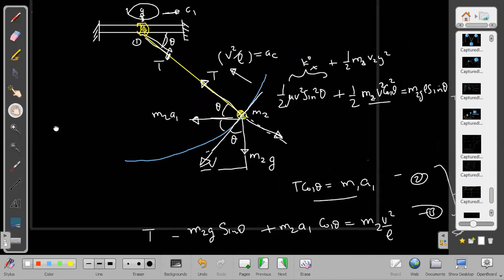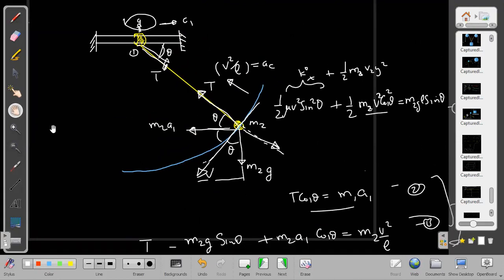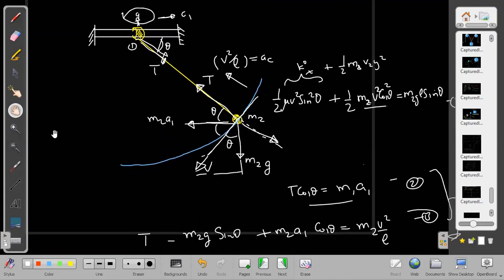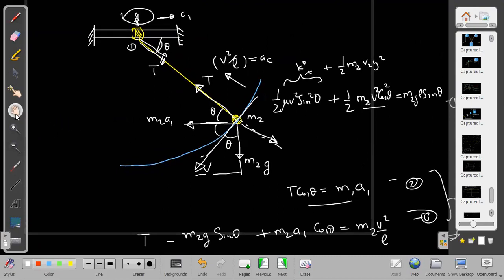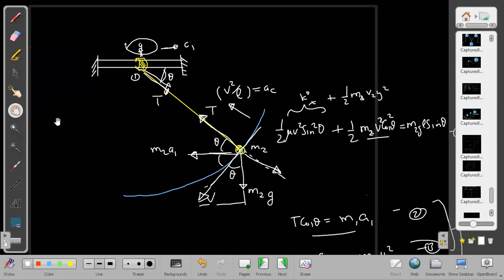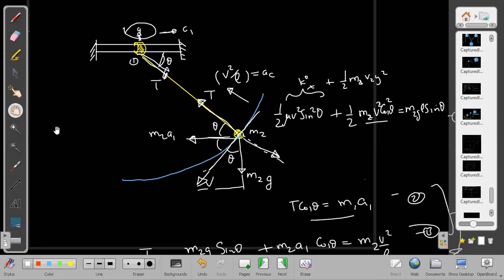In order to avoid T, I am noticing that T is the internal force, and I always use ways to avoid the internal forces. That is my standard way to solve the equations. So here also I could have done that. I could have avoided the internal force. So let us not take T into account.